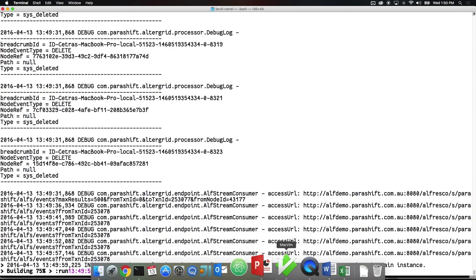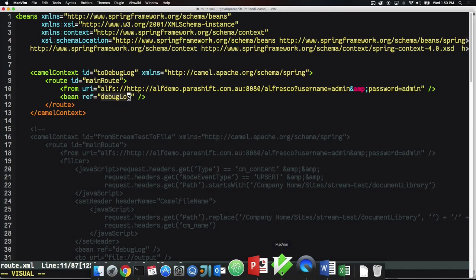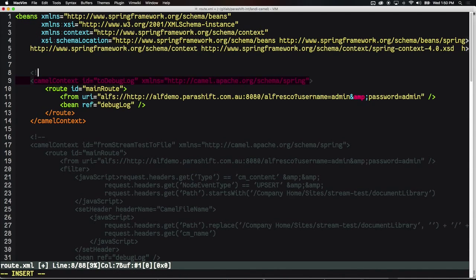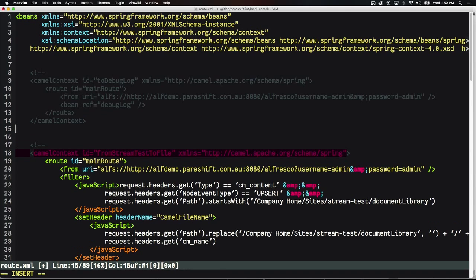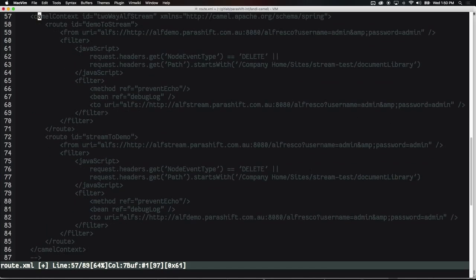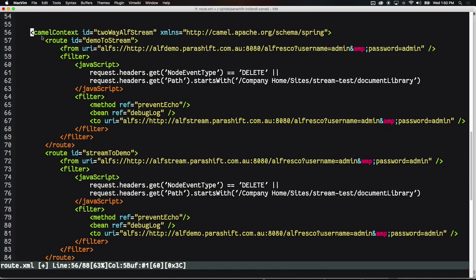So we can use this to have a continual migration between two systems. What we've got here is actually 2 instances of Alfresco set up, and we can have them talk to each other and replicate between each other. So if I comment that particular entry out and add this one here,